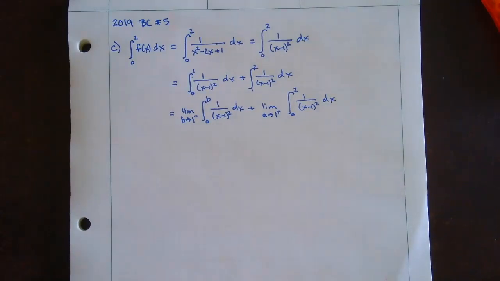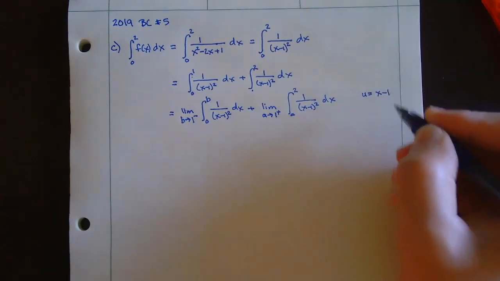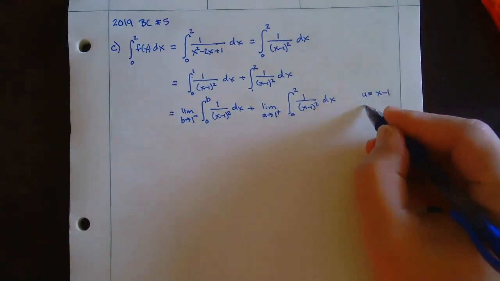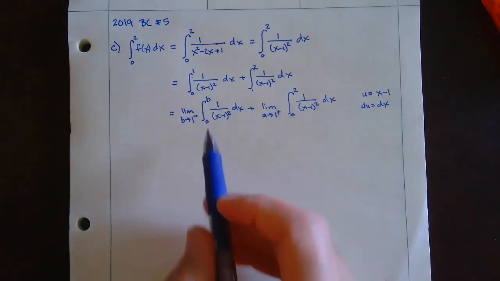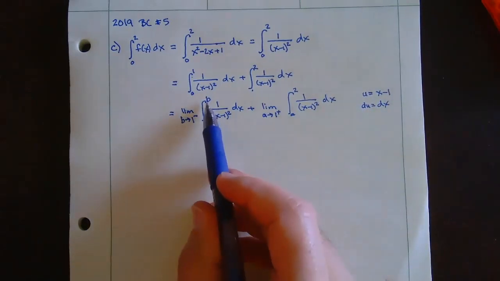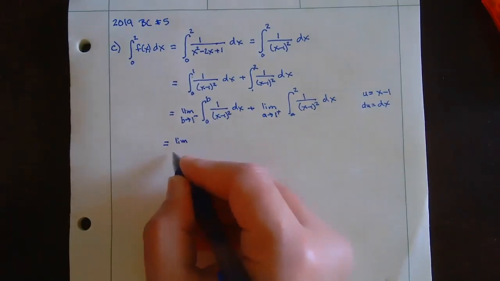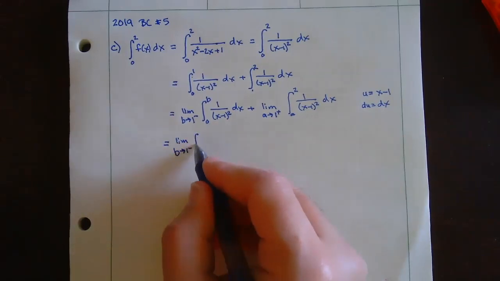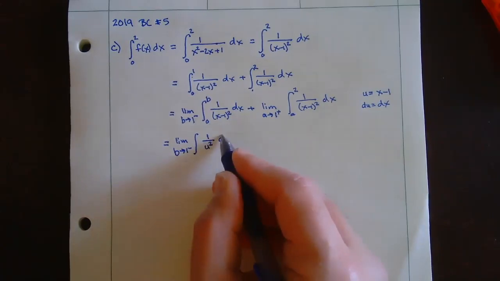Now what I'm going to do is let u equal x minus 1, because then I have 1 over u squared, and then du would be dx. Then what I'm going to have to change is the 0 to u values and the b to u values. So this is equivalent to the limit as b approaches 1 from the left of the integral of 1 over u squared du